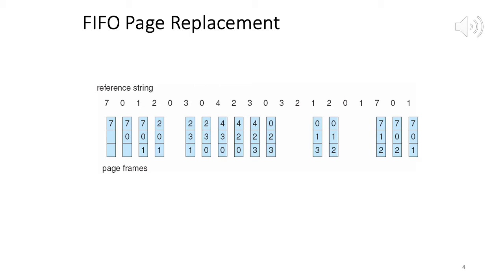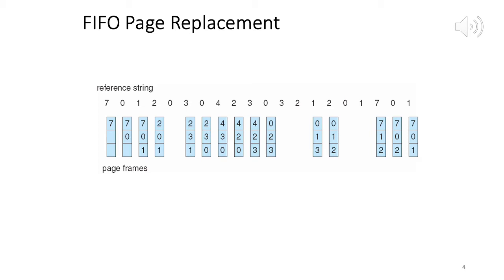Now we can count the number of page faults. So we just have to count the blue boxes. Each of them corresponds to a page fault. So 1, 2, 3, 4, 5, 6, 7, 8, 9, 10, 11, 12, 13, 14, 15 is what we are getting. 15 page faults. So seems like quite a lot. Only for 5 accesses did we not have page faults. For the rest of them, we had page faults.